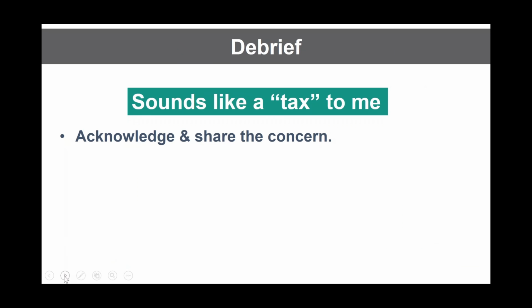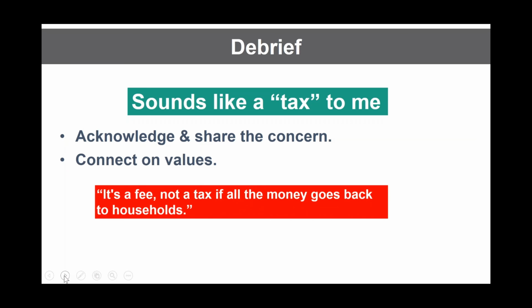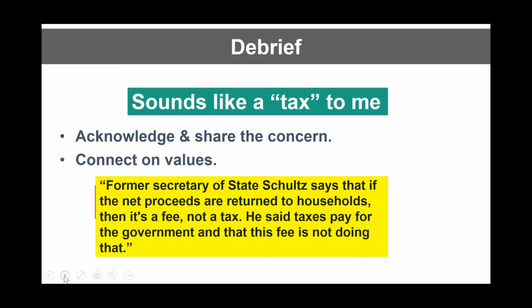So in this example, our responses to Mark's comment about, this is really just another tax, have gone from an argument over semantics, hey, if you give all the money back, you can call it a fee, which is a pretty bad response, to a better response of, hey, former Secretary of State, maybe that's someone that they respect, so giving them a validator and telling them what they think. But a better response still occurs when Andy connects on his values and then asks for permission to proceed so that we can give them our take or what we've learned.